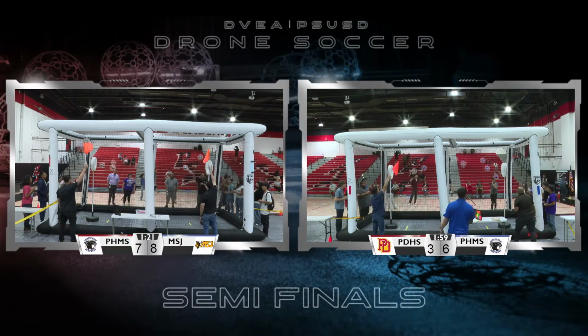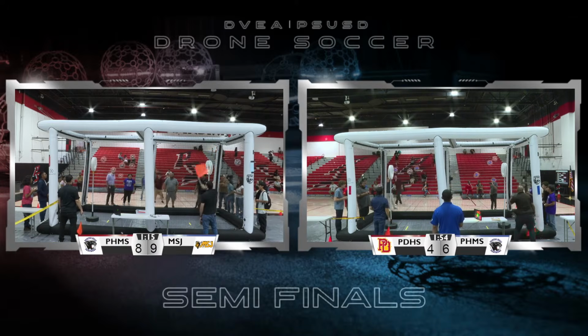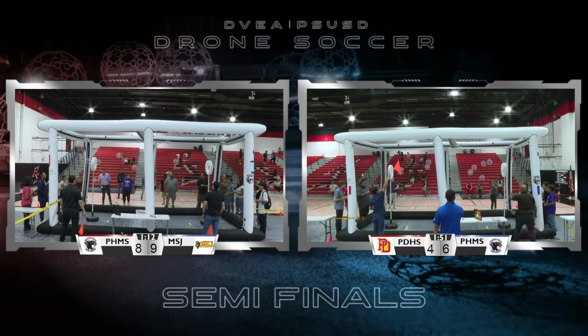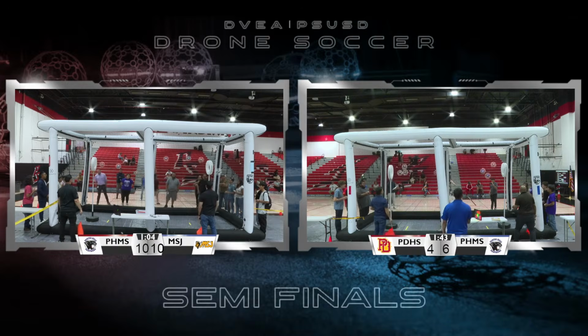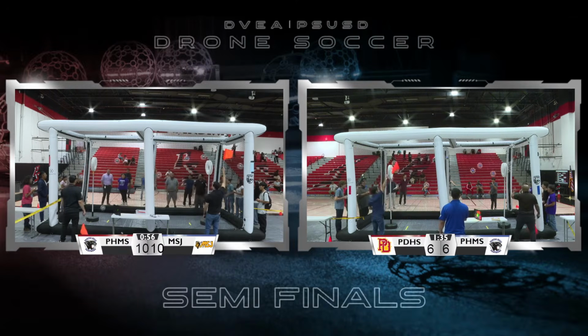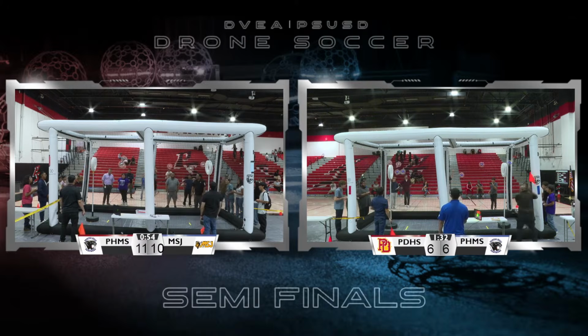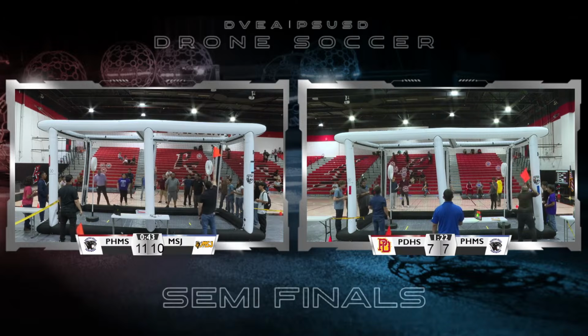Over on the other side, we have a tie score, 10-10 with 1 minute left to play. Still just under a minute, a third of the game's left. Both games tied now, 6 points all against Palm Desert High School and Painted Hills Middle School Squad 1, the Aztecs versus the Panthers, 7-7. Now 11-11 in Arena A with just over 30 seconds left to play.